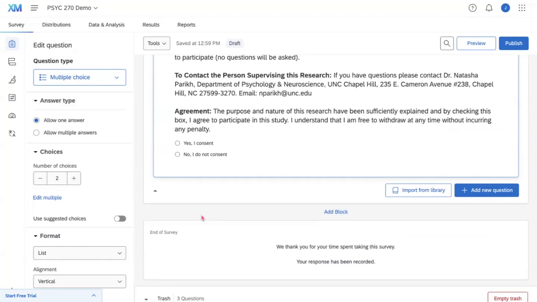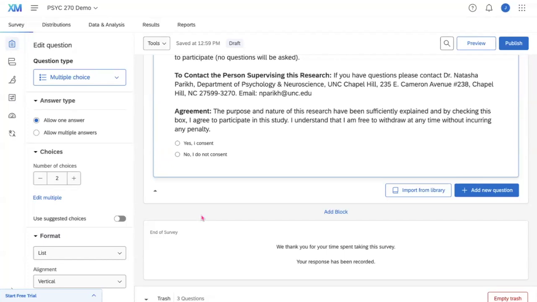And what I want to do now is probably add a page break. So a page break is important because this breaks up your survey into different sections where people can just click an arrow to go to the next section and they just won't be able to scroll through the whole thing. So with Qualtrics, if you don't add a page break, it'll automatically put everything on one scrollable page. So people won't have to answer the consent form before seeing the whole survey because they'll just be able to